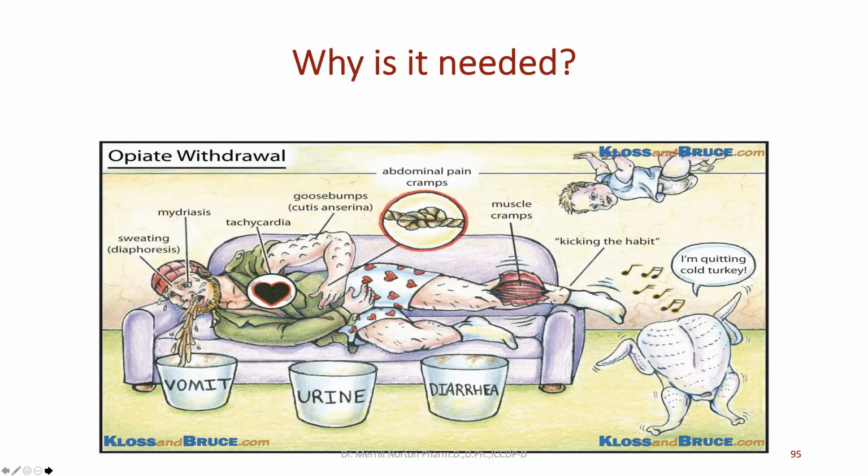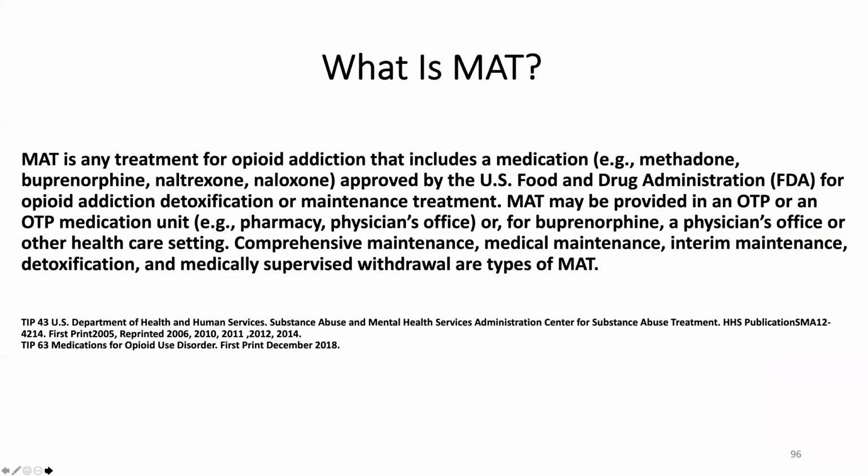If you blow it up and hang it up, people won't talk about what it means, so that's what it looks like. So medication-assisted treatment is simply any treatment for opioid use disorder that includes medication. It can be methadone, buprenorphine, naloxone, naltrexone. It's approved by the FDA for opioid use disorder, detoxification, and also maintenance. We do detoxification, and now we do maintenance as far as buprenorphine is concerned in the facility I'm at, but a lot of it is just basically detoxification, been doing that.